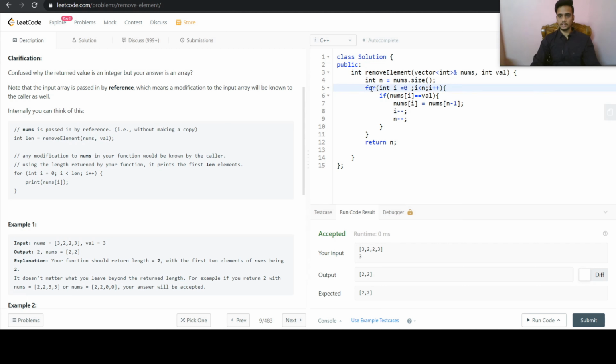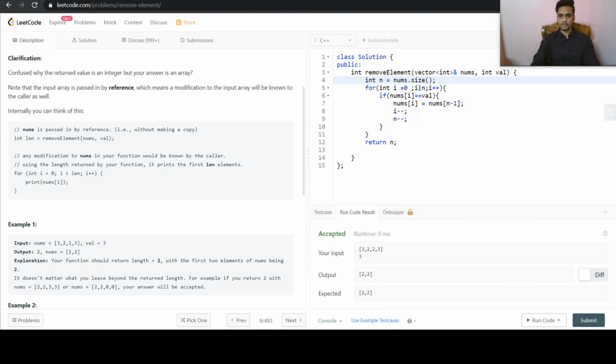So it will check the condition inside the loop, whether 2 is equal to 3 or not, and this condition will be false. So it will check the next value, i will become 1, and then it will check the same condition, and 2 is not equal to 3, so i will become 2.